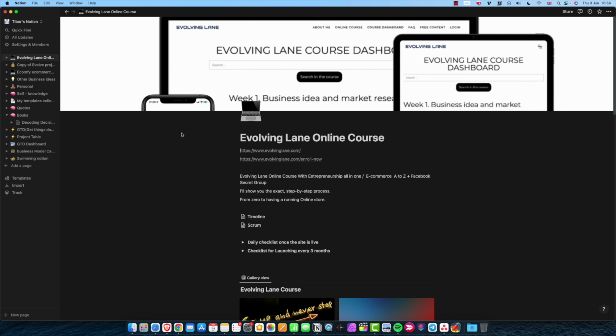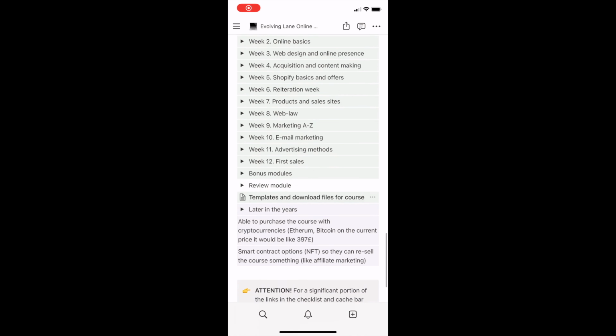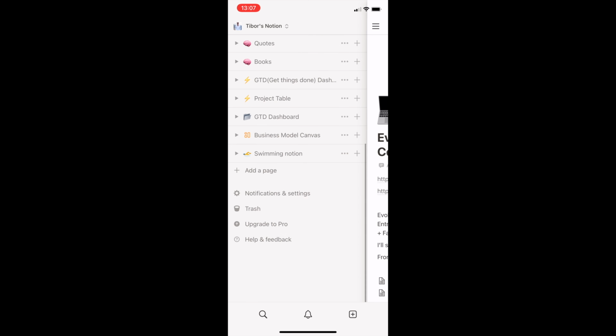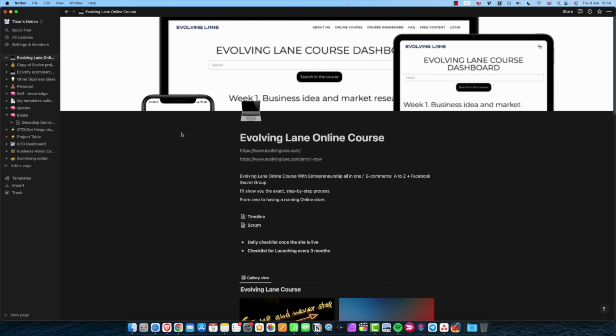You can use Notion in your browser, or you can download it as an app to your computer or to your phone. I'm using it as an app right now on my Mac, so you will see it this way. They have an amazing app for your phone as well, so you can basically reach any notes on the go. You can use Notion on any device in your browser, so it is up to you which way you like. I'm not too sure if they have a Windows app, but you can check on their website. As I said, you can use it easily, let's say in Google Chrome.